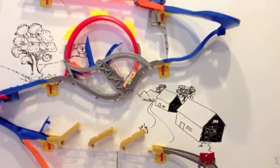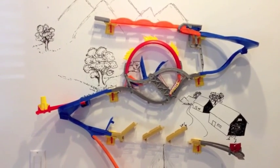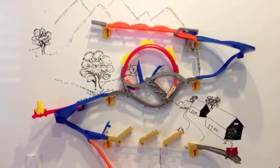And that's it. Definitely give it a try. If you don't have a dry erase wall like this, look up Idea Paint